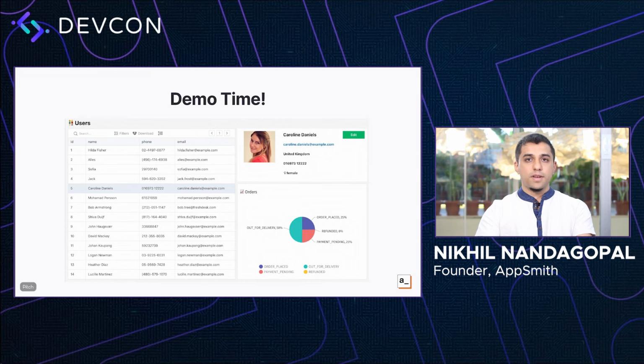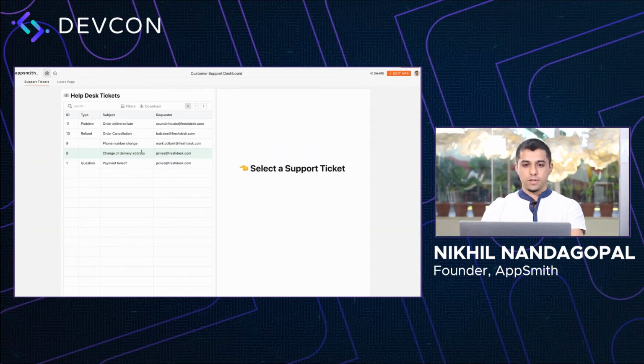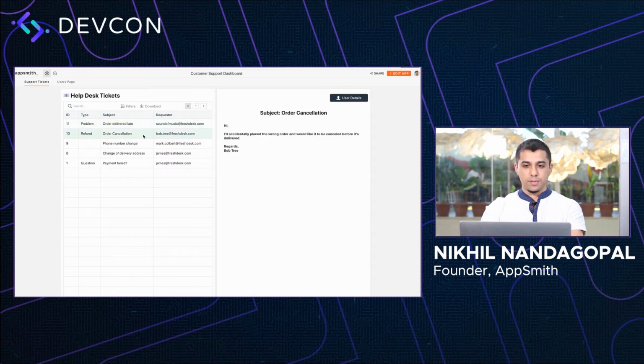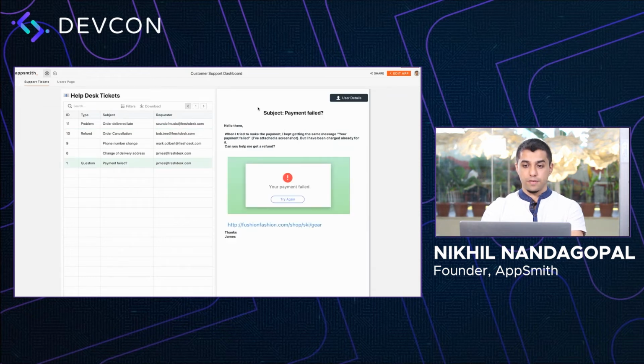So now I'm going to be demoing how we can build this tool in just a couple of hours, while this would have probably taken us weeks before. So how this application works is, we're fetching all of our support tickets from Freshdesk and displaying them for the support agent. We can go through all the emails right over here, and we can see that some people are asking about their order cancellation, some are talking about payment failures, and support agents now need to take action on